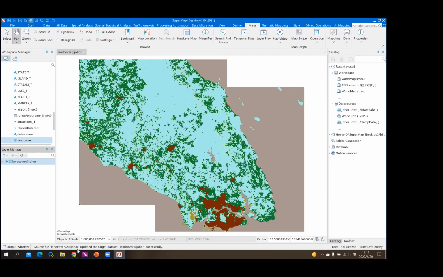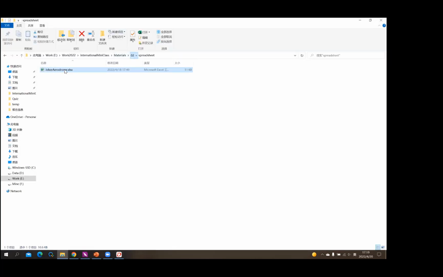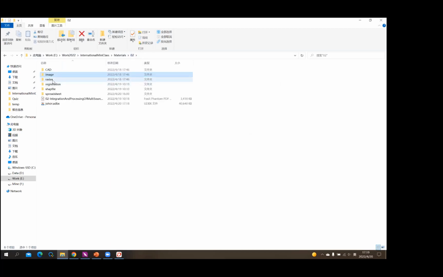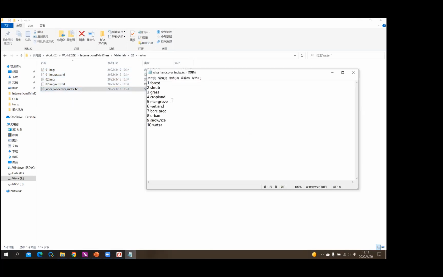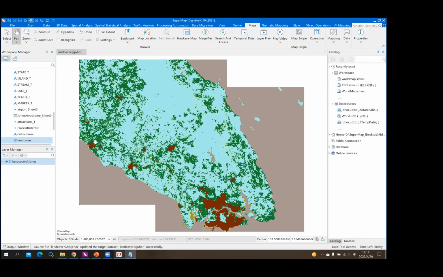And here, in the file I provided you under the raster folder, here is the index for this land cover data file. And we can see that there are 10 categories here. And now maybe we're really interested in these urban categories. And so we can extract these urban areas on this land cover data set and transform them into a vector